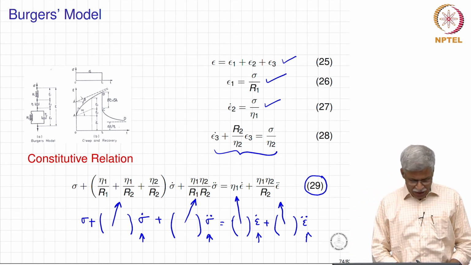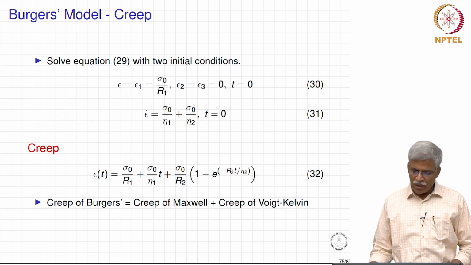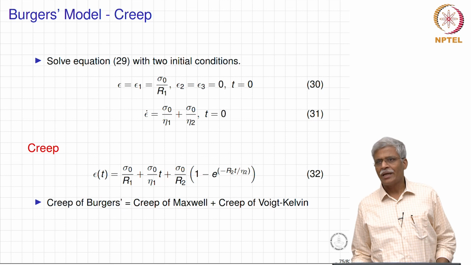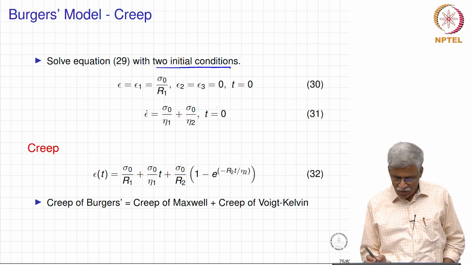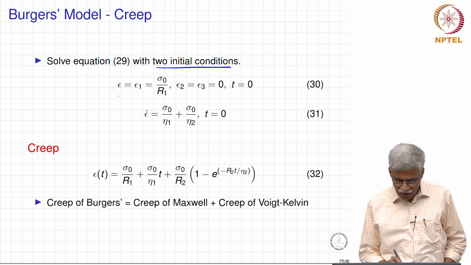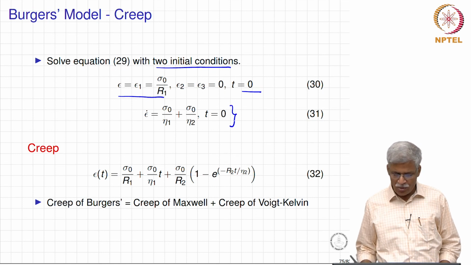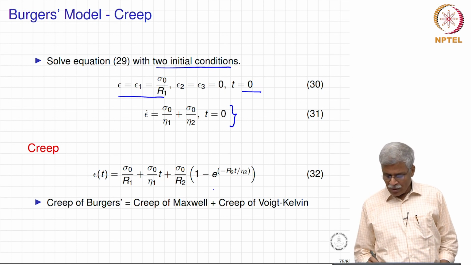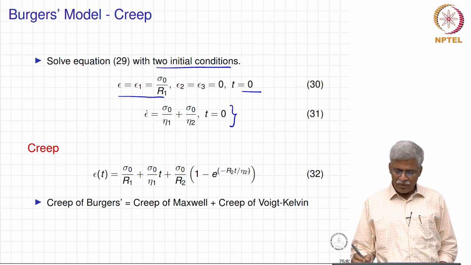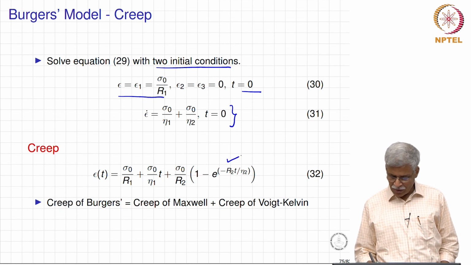It is actually not very difficult to solve this problem. Since we have second order equations, we need two initial conditions. So, when we write the initial conditions like this at t is equal to 0, and similarly we also have to impose this initial condition as far as the Kelvin model is concerned, and when we try and solve it here, this is the expression that we are going to get.